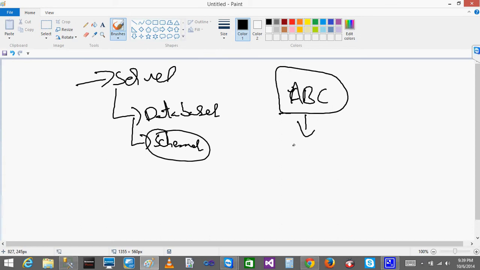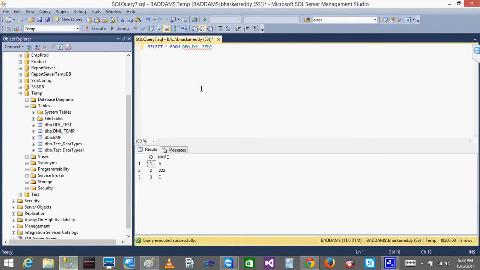Okay, and I want to store the EMP table. Let's go with this scenario. I have the DML temp, right? Let's say I have different departments: a sales department and a finance department. Let's say I want to create a table, create table EMP. This is for the sales department. ID as integer, comma, name as varchar 10. So under my database I have created this EMP for the sales department.